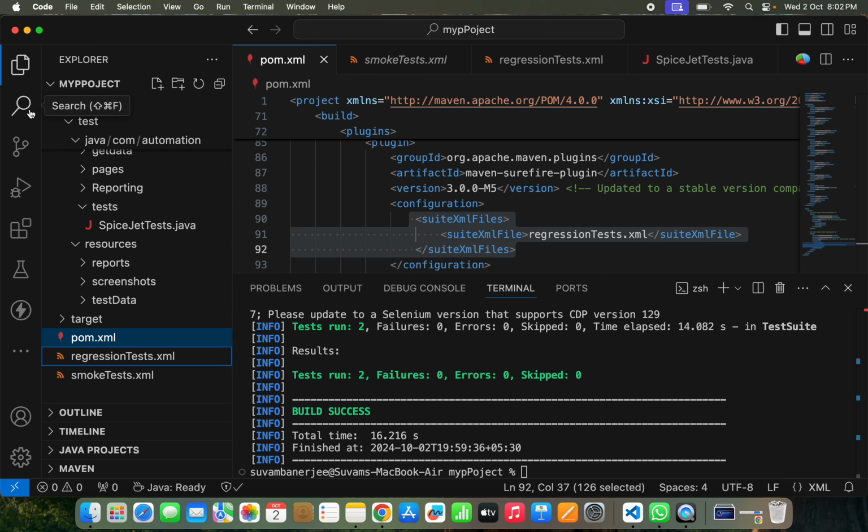testng plugin for it. Okay, testng, it's not a JUnit, right? By default VS Code supports JUnit. testng is not supported. Supported means it will not give you any error, but the same code, if you try to run using Eclipse, right? Old Eclipse. So Eclipse has provision to download and install the testng plugin inside it. You can install, and after installing, you can directly right click on the testng.xml file and run the